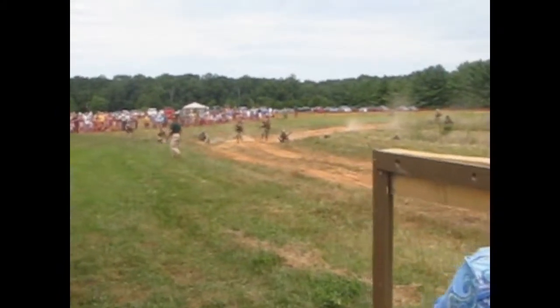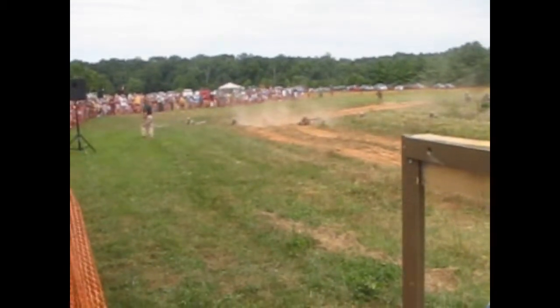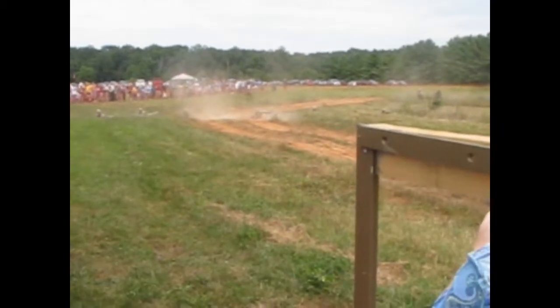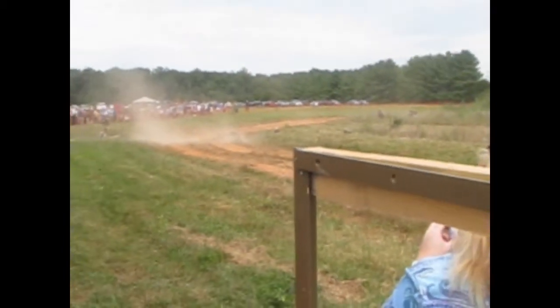Once the first fire team starts laying down fire, the rest of the squad comes online. Once you're in place, they can lay down heavy fire on line, using tactics that go all the way back to the American Revolution. It's now sitting in a situation where that heavy fire